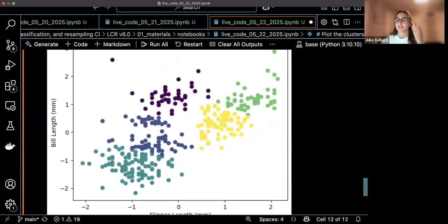Okay. So once again, each data point now is color coded according to the cluster it belongs to, and you could immediately see how the K-means algorithm has grouped the penguins. Okay, great. So now we've created our K-means model and visualized the results, but you might be wondering,